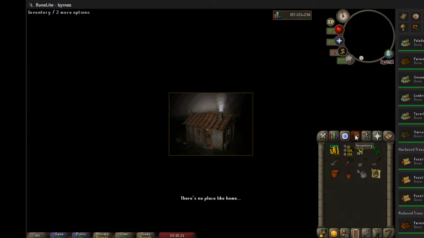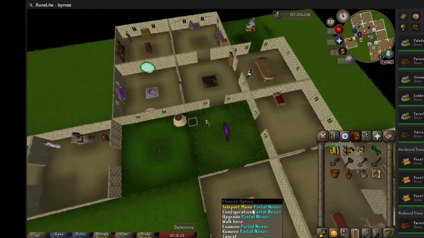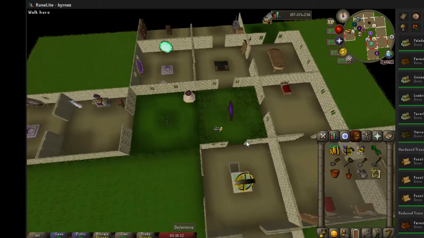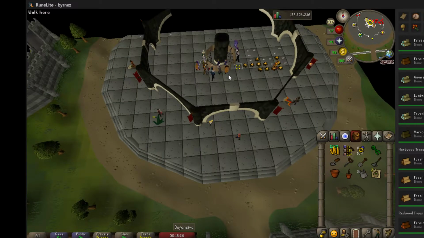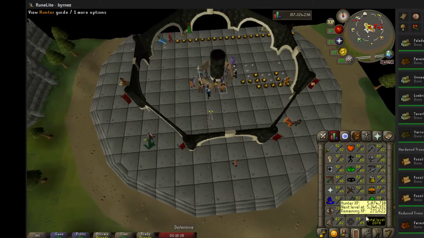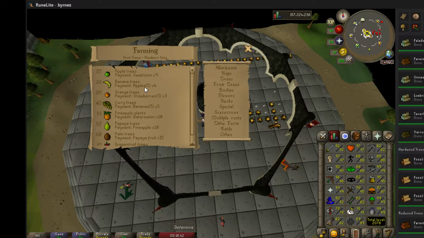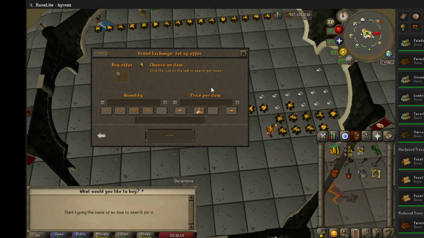Now I'm going to teach you how to do the fruit trees. So we'll just get our run energy back and go back to the GE. Now, fruit trees are really good because they give heaps of XP, but they take twice as long to grow as a normal tree. So you can do apples at the moment. You can only plant apple saplings and then soon bananas and others. So if you want to plant an apple sapling,